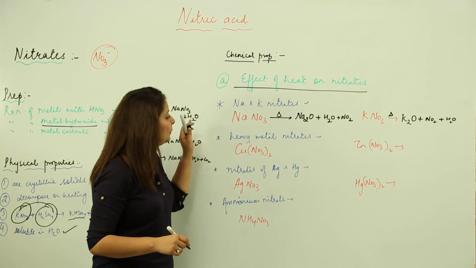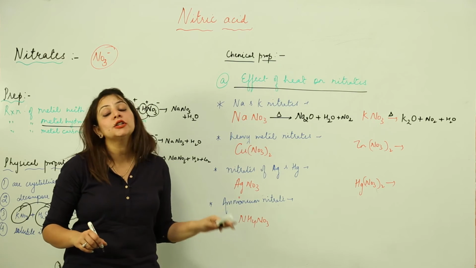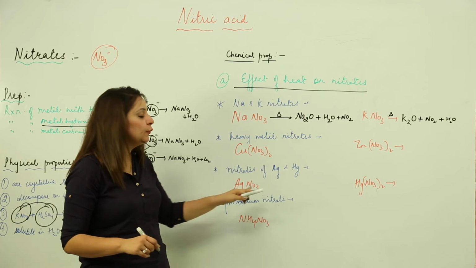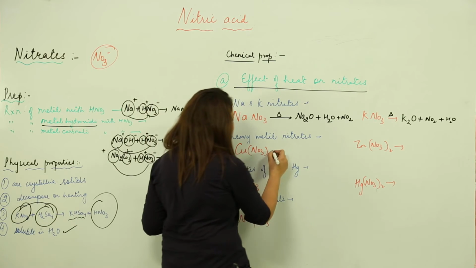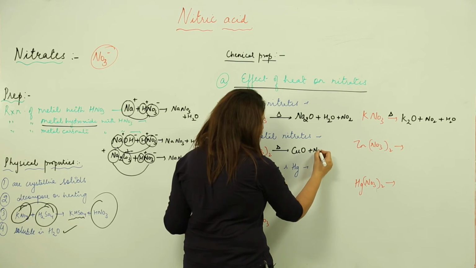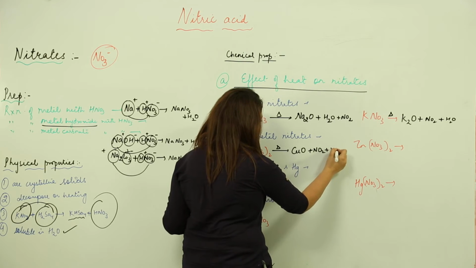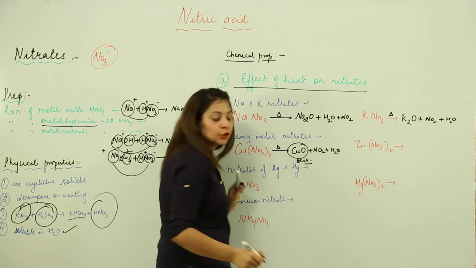Now if we talk about heavy metal nitrates like copper, zinc, I am talking about all heavy metals except silver and mercury. If we heat it, what do we get? Obviously we will get a metal oxide and we will get NO2 plus water, right. This copper oxide, you know, that is black in color. So the color of this is